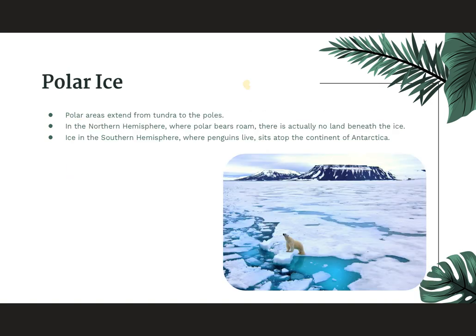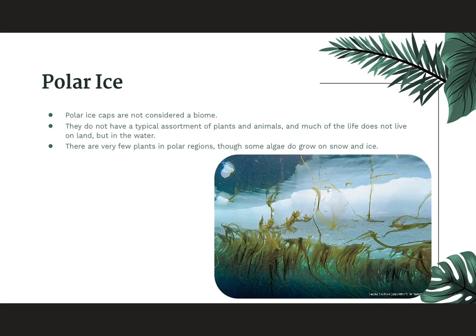All right, the final area we're going to look at is the polar ice regions. So these are areas that extend from the tundra to the poles. In the northern hemisphere, where the polar bears roam, there's no land beneath the ice. And in the southern hemisphere, where the penguins live, it sits upon the continent of Antarctica. So the polar ice caps are not considered a biome. So we'll make note of that. So this is not considered a biome